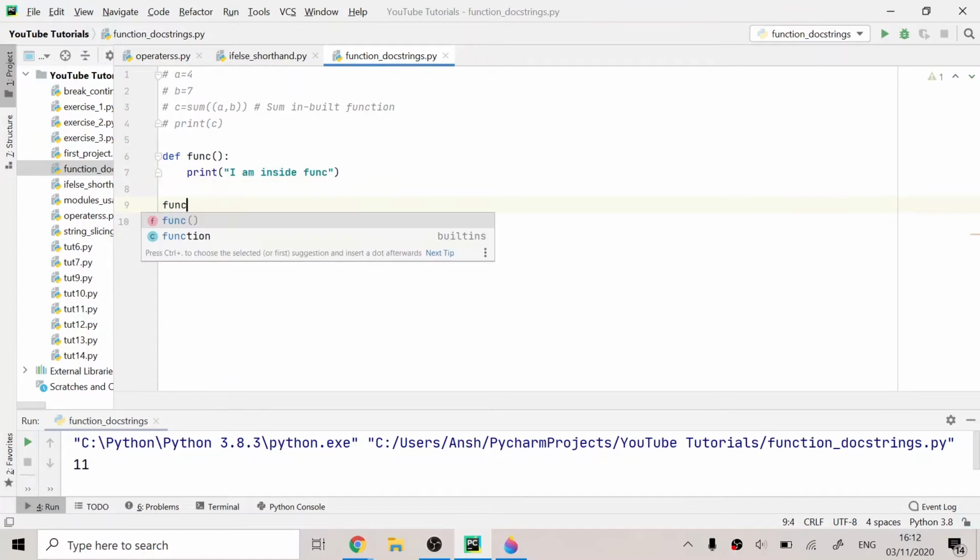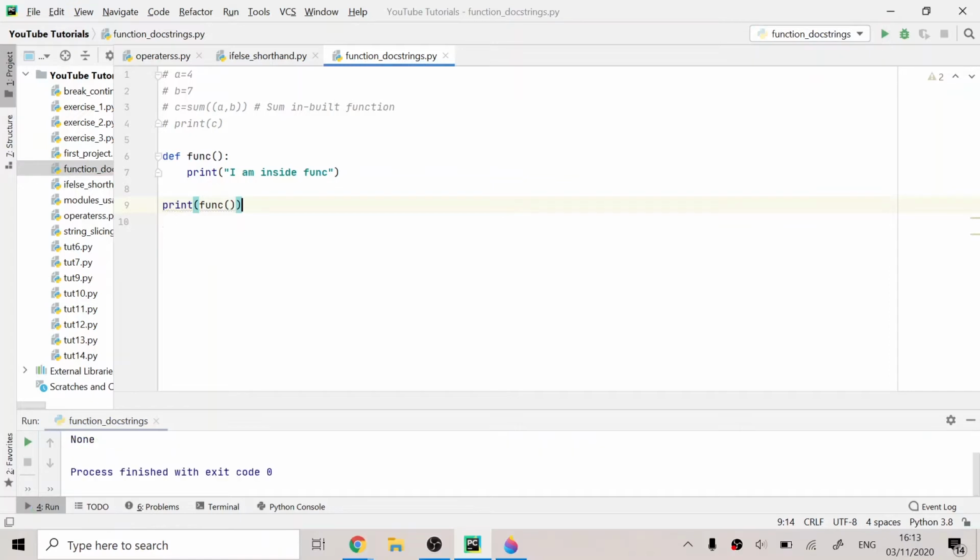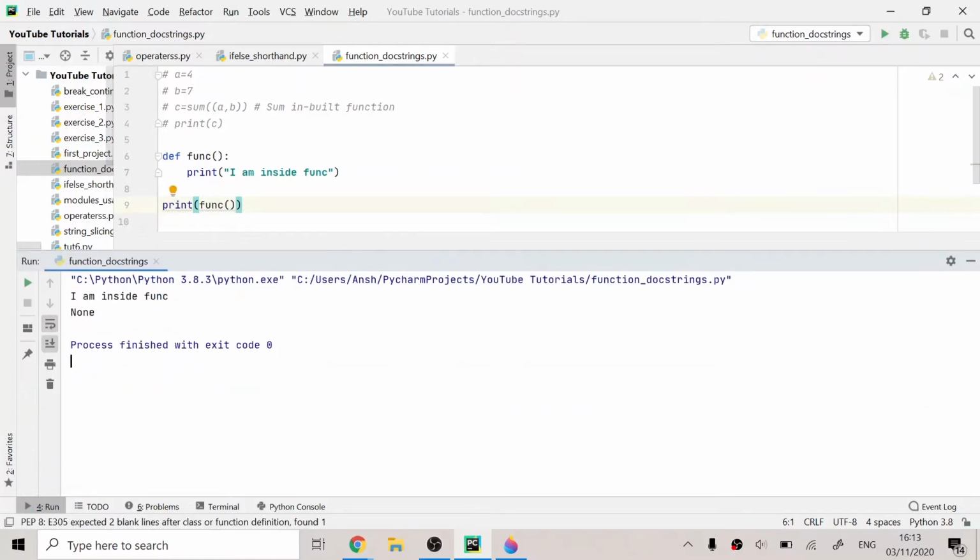After this, whenever you write func and parentheses, you are calling this function. If I run this program, it has printed I am inside func, and then